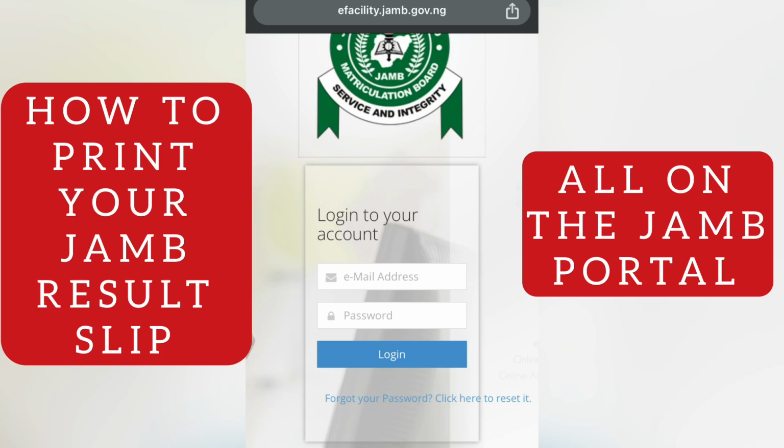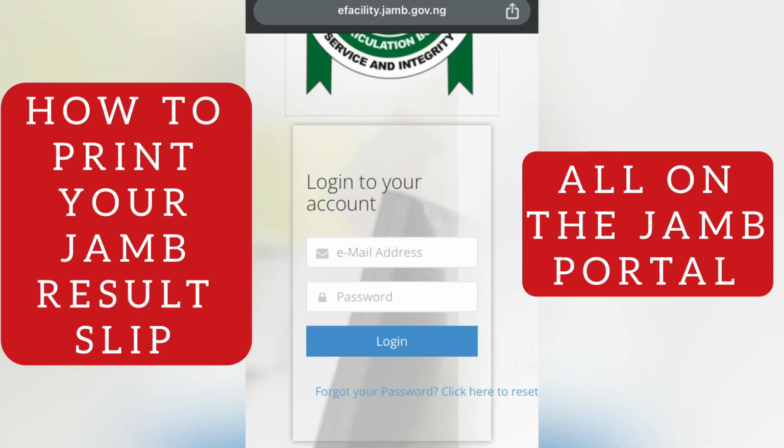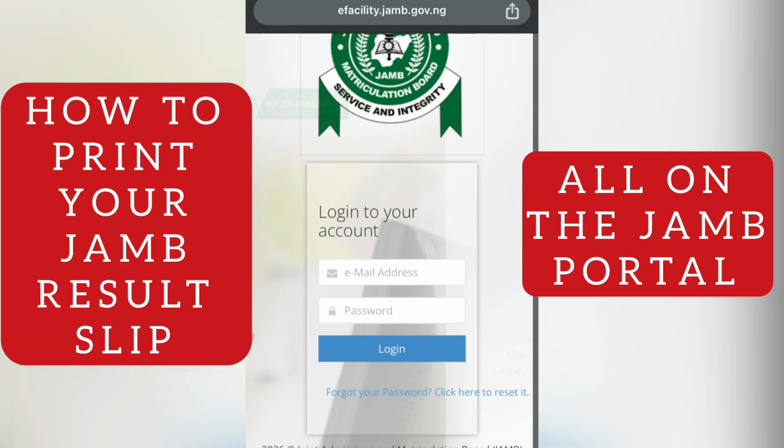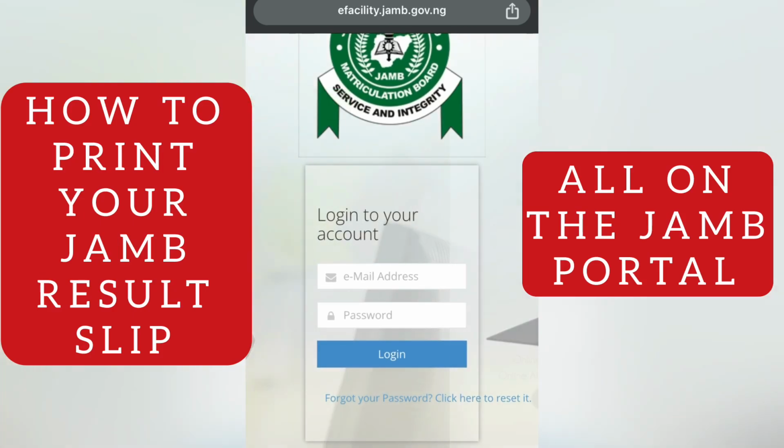Please note, for you to log in, you need an email address and a password. An email address and a password. Now, for you to get this, you will input your email here and you input your password there. But then I understand that some people may face a challenge of not knowing their email. All right, so what you are going to do if you don't know your email is to click on this